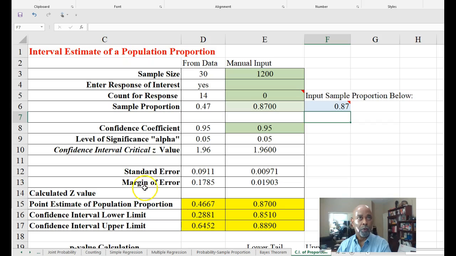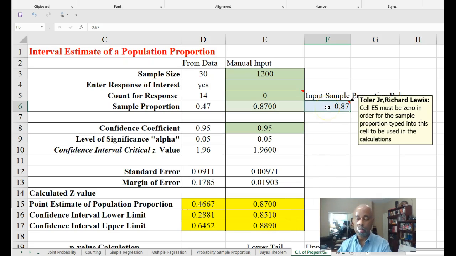The margin of error that we're interested in for this first part A is 0.0190 to 4 decimal places, and the lower limit 0.8510, the upper limit 0.8890, which is what we found before. Likewise, for the second part,